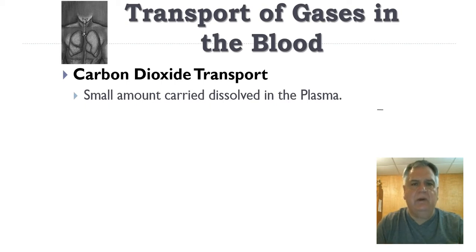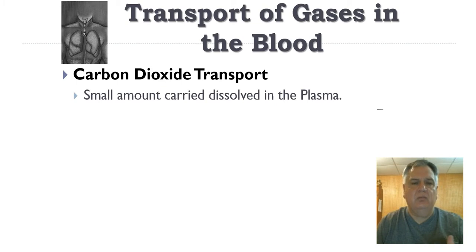As the interstitial fluid begins to accumulate carbon dioxide and concentrations build up once again, now the carbon dioxide again follows its concentration gradient and moves from the interstitial fluid across the wall of the capillary bed and into the blood plasma. Now, once again, just like with oxygen, carbon dioxide is a nonpolar molecule. So when it enters the blood plasma, it does not mix very well with the plasma. So a small amount of carbon dioxide will be dissolved in the plasma, but the majority of that carbon dioxide